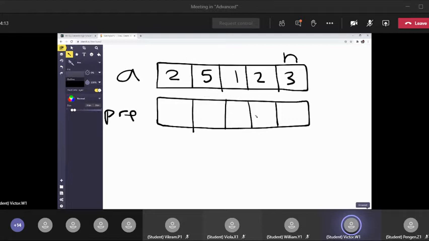Okay, so let's just write some values in pre to illustrate this. The first value would just be the first value in A, and then this value would be 2 plus 5, which is 7. This third value would be 2 plus 5 plus 1, which is 8, and then so on, right? So here it seems like